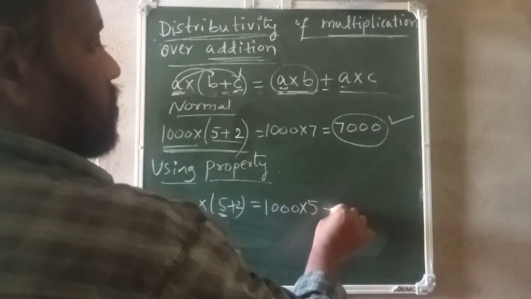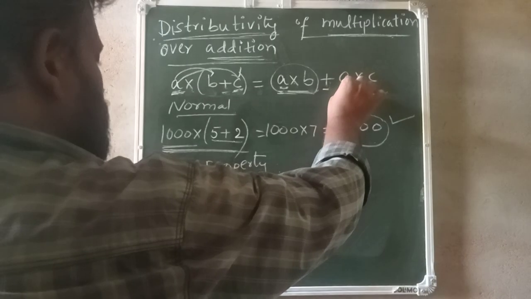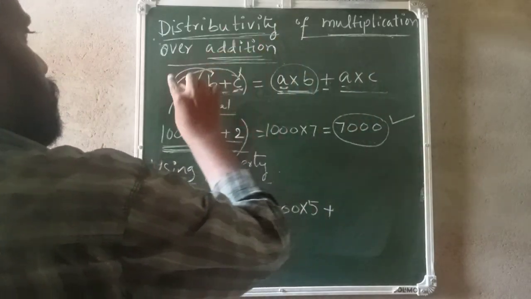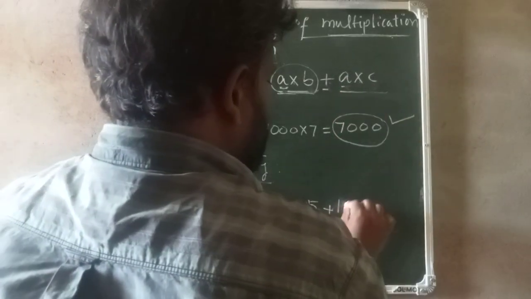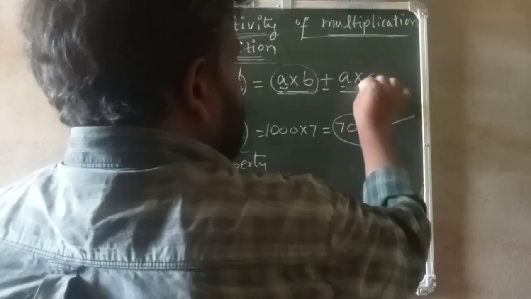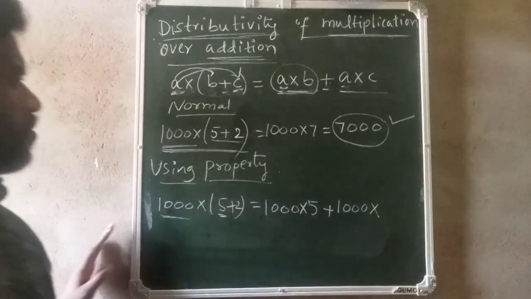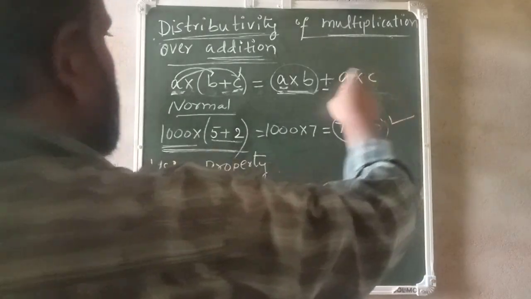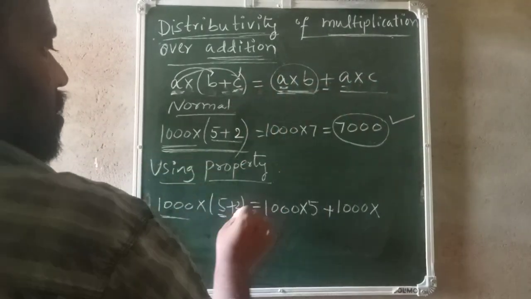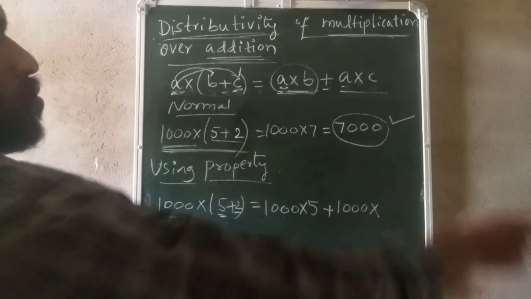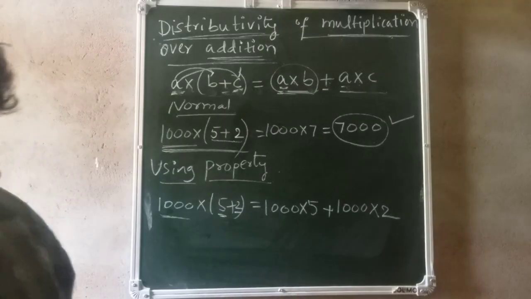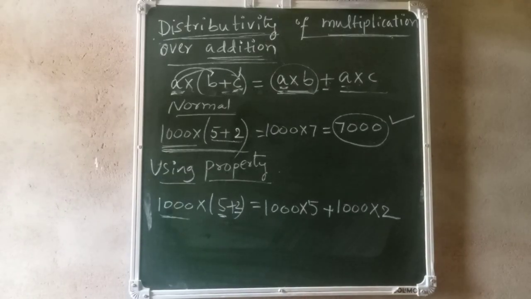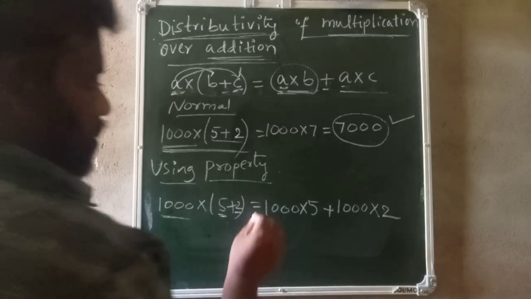Next plus A. In place of A, write 1000, into, next C. In place of C, we have 2. So in place of C, write 2. Next is equal to